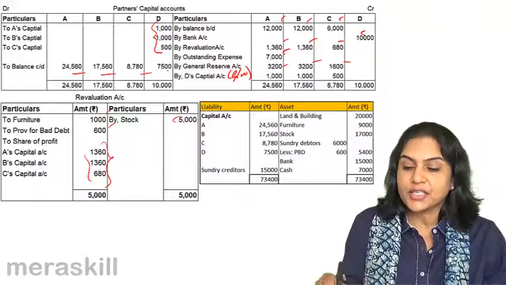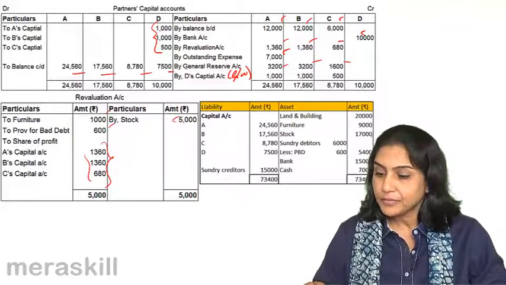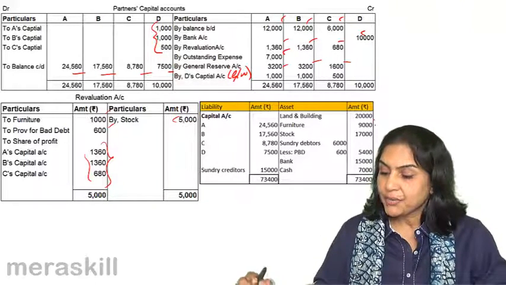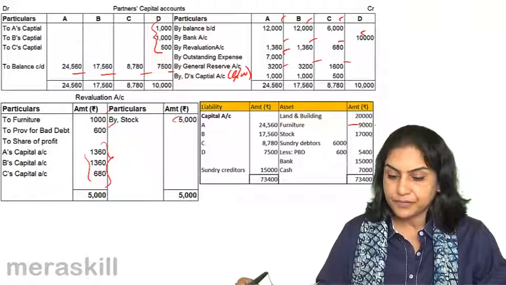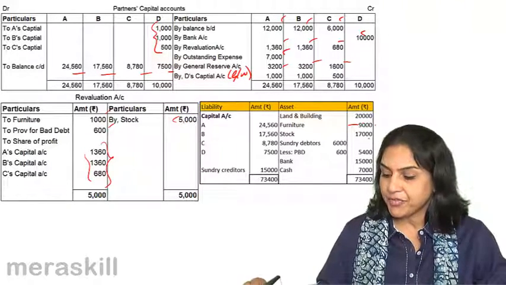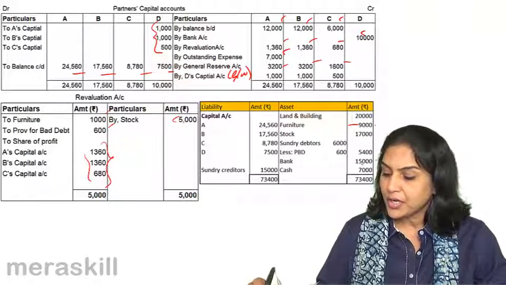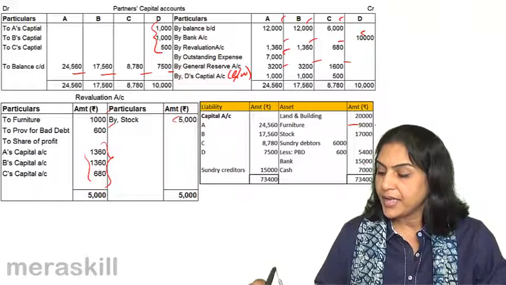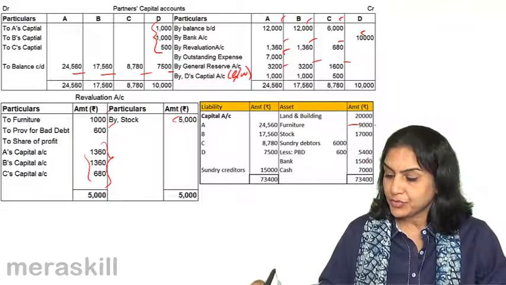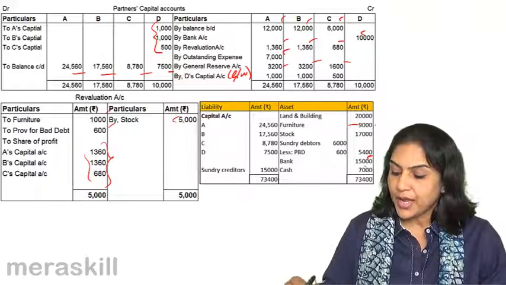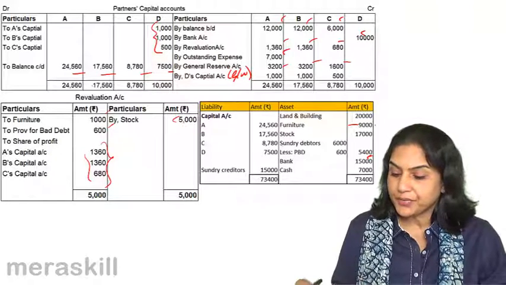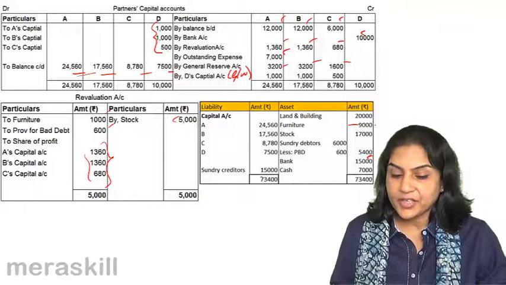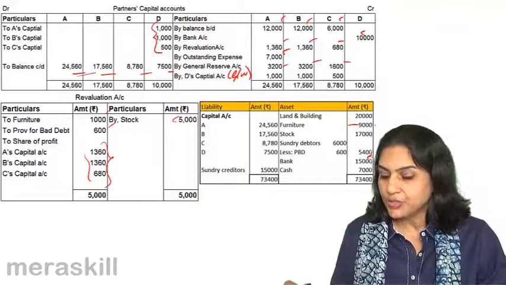So these are the closing balances. Balance sheet, land and building, furniture. Furniture, there is a change in the value, it's come down by 1,000. Stock has increased by 5,000. Debtors less provision, cash balance, bank balance and cash balance. D had brought in a capital of 10,000, so it has increased to 15,000. A, B, C, D's capital accounts as per capital account prepared here and creditors of 15,000. There was an outstanding liabilities which is no longer